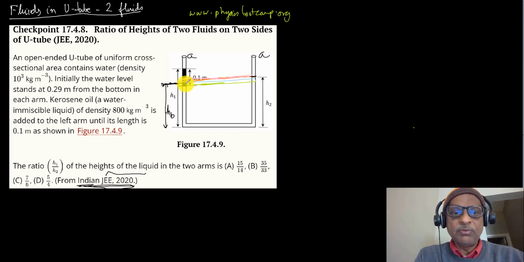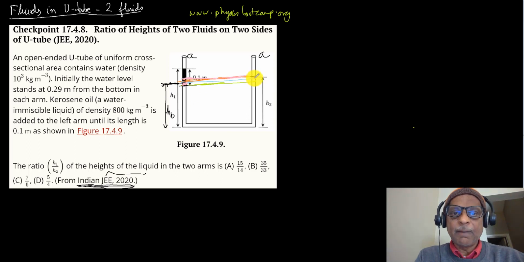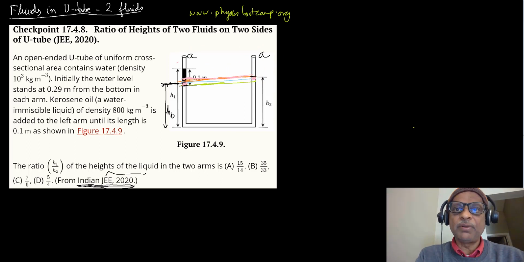So there used to be this fluid here, right? Now it's occupied by oil or kerosene. Now that fluid is moved over here,